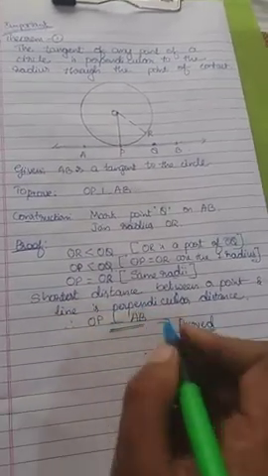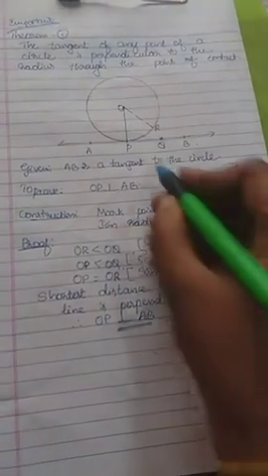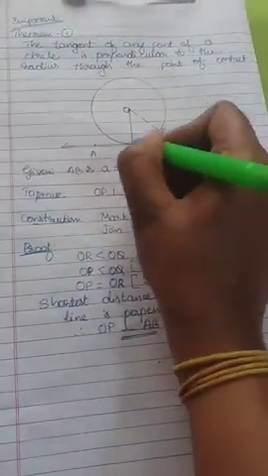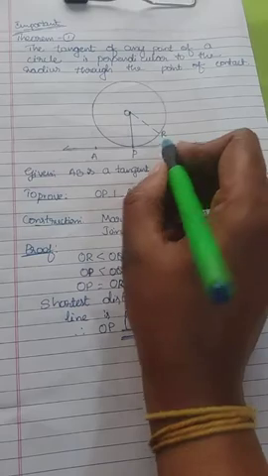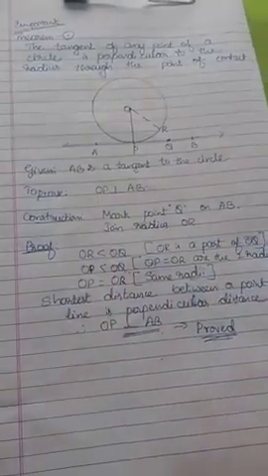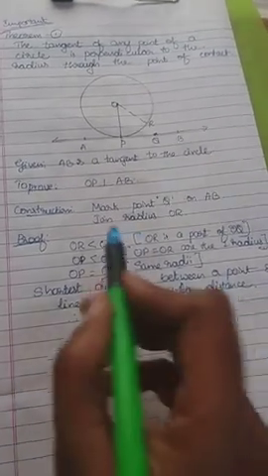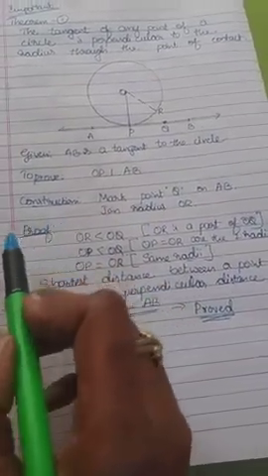So this is very important here. The shortest distance between a point and a line is the perpendicular distance. If it is the shortest distance compared to the other point, I mean OQ, then it is perpendicular. Okay, so now it is proved. A very important theorem. Once again I'll tell you the proof.